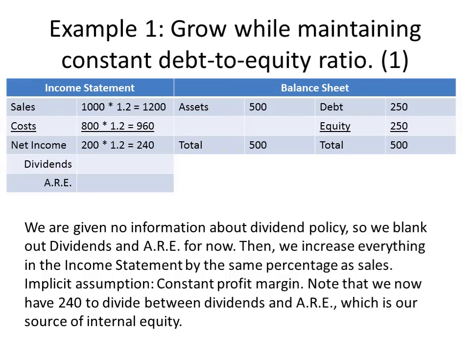Net income, because profit margin remains constant, increases by the same proportion as well. Notice that there's two ways that I could get the 240 from net income. I can either multiply 200 times 1.2, or I could subtract 960 from 1,200. Either way, net income is equal to 240. Once again, we have no information how that's split up between dividends and addition to retained earnings, other than to know that dividends and addition to retained earnings are going to have to add together to be 240.